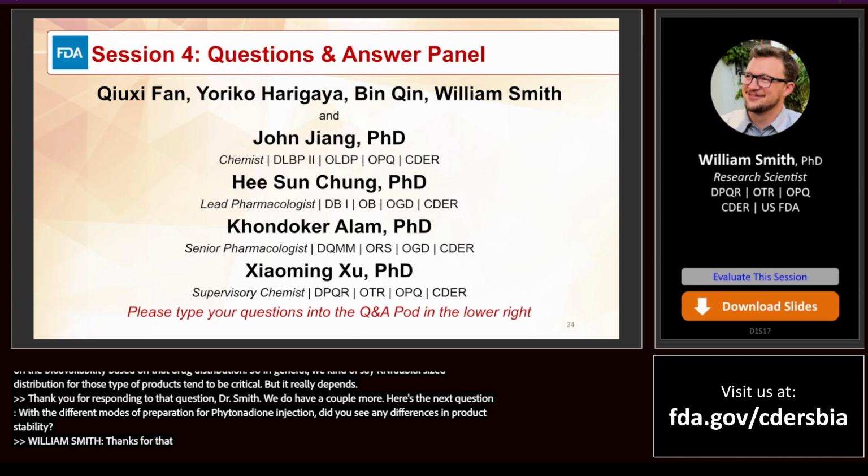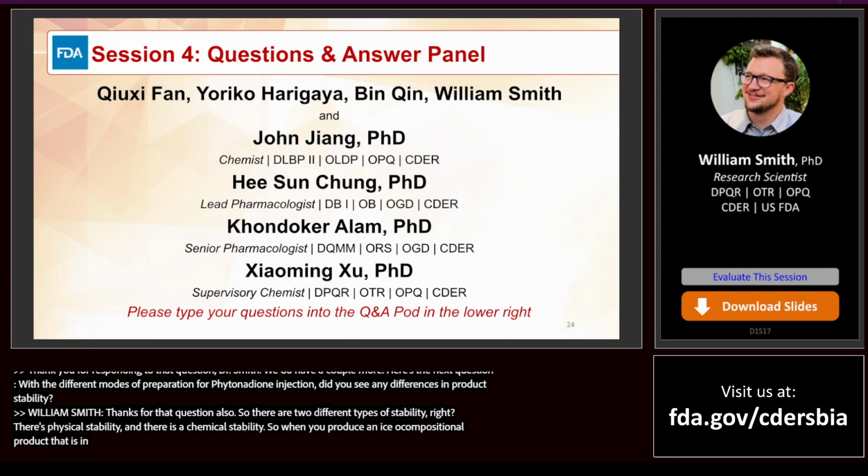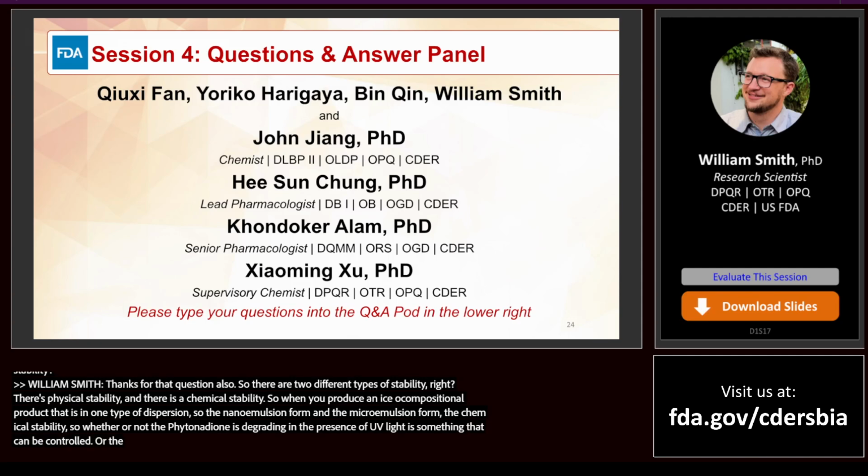Thanks for that question also. There are two different types of stability, right? There's physical stability and there is chemical stability. So when you produce an isocompositional product that is in one type of dispersion, the nanoemulsion form and the microemulsion form, the chemical stability, so whether or not the phytonadione is degrading in the presence of UV light, is something that can be controlled for. The physical stability of a microemulsion is extremely high because it's the thermodynamically favored form of